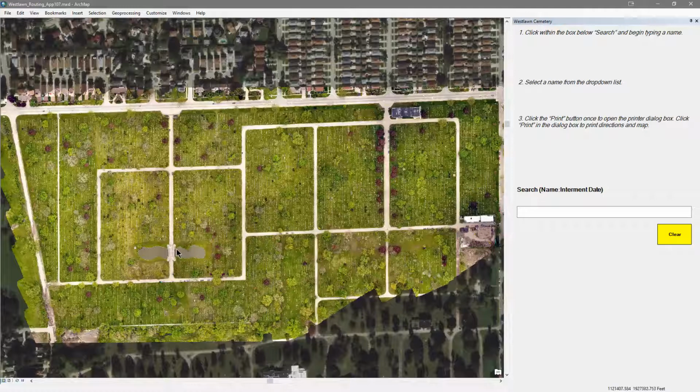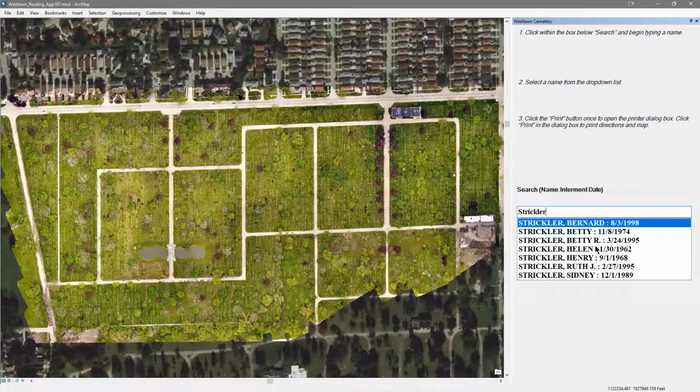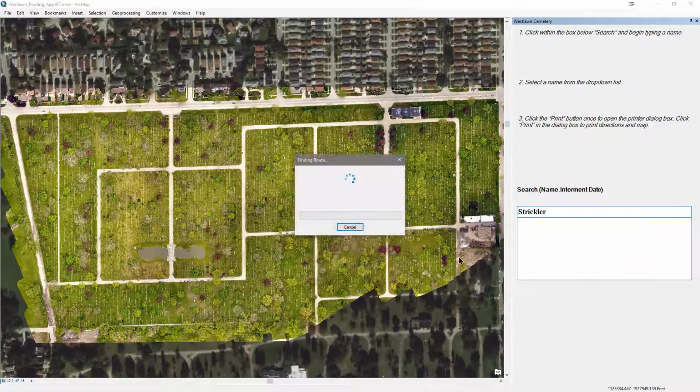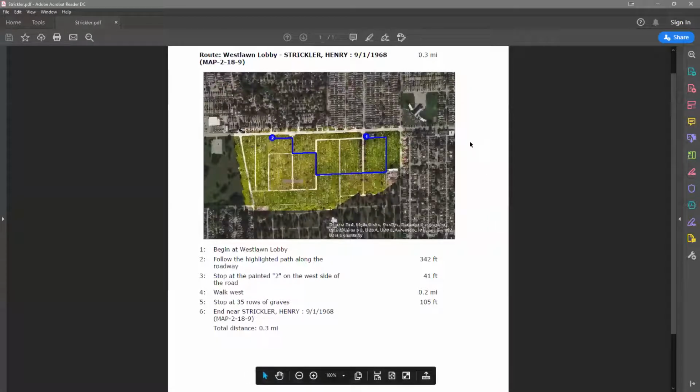This bridge is also close to vehicles, so we had to make sure we routed around that. I'm going to search for Henry Strickler. This is taking a little longer because I'm remoted in, but while it's routing, I want to show you what the end result is, and that's a print